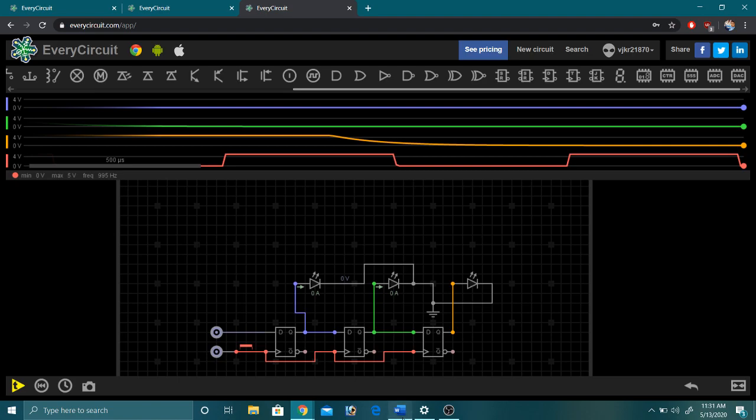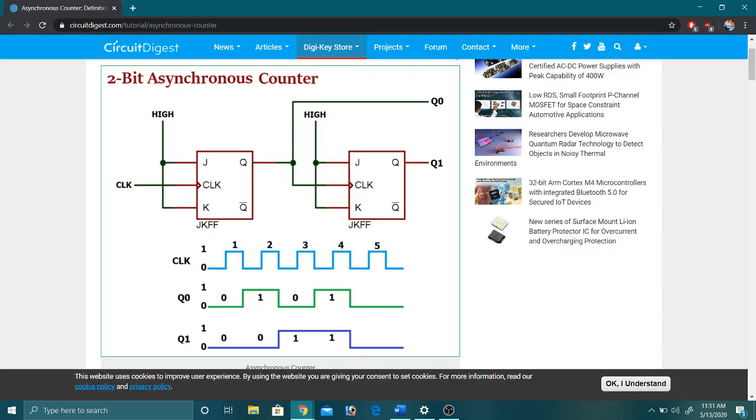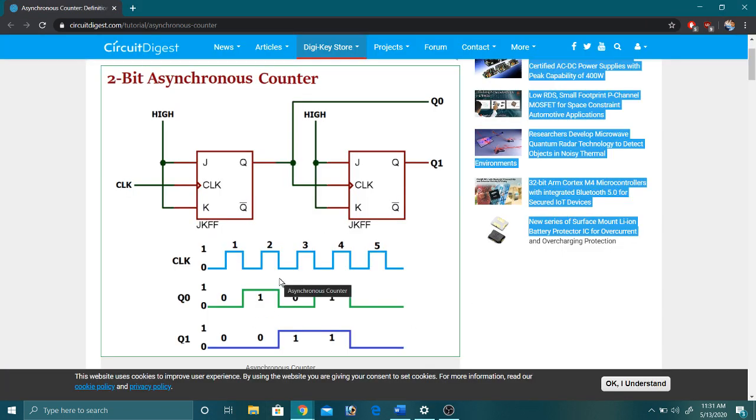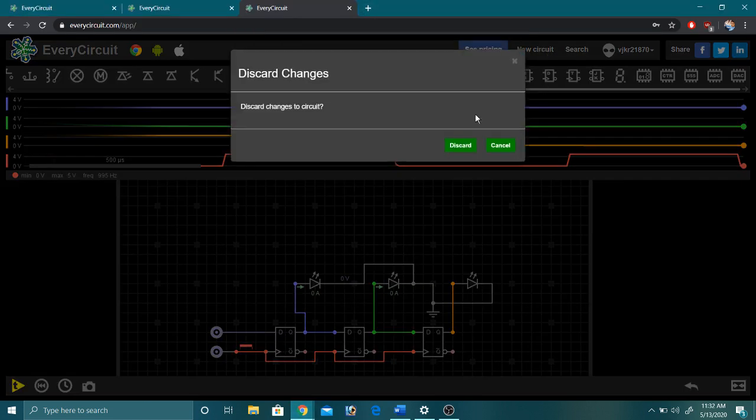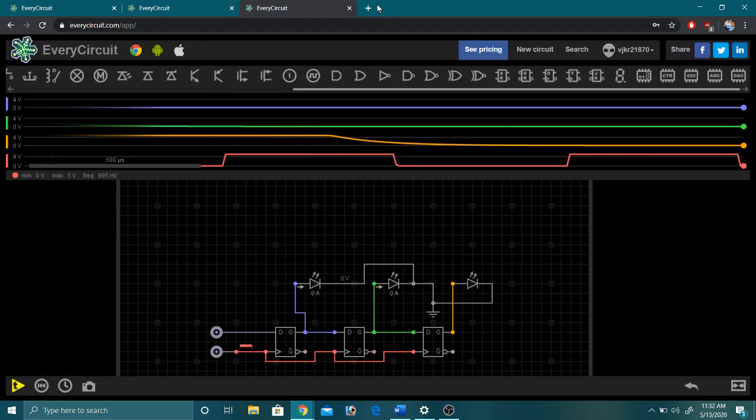We'll go to our next application, the ripple counter. This ripple counter we are implementing by T flip-flop, toggle flip-flop. So toggle flip-flop, either we can use directly, or we can implement it by taking a JK flip-flop and shorting the inputs. J and K shorted, it is a toggle flip-flop. So what we'll do is we'll start with a simple one. Let's take a new circuit. Okay, I'll launch again.